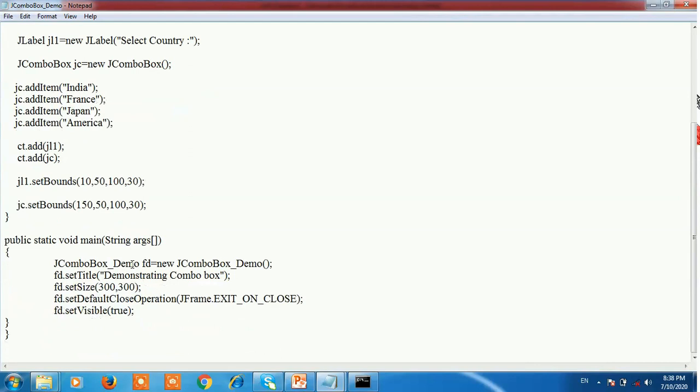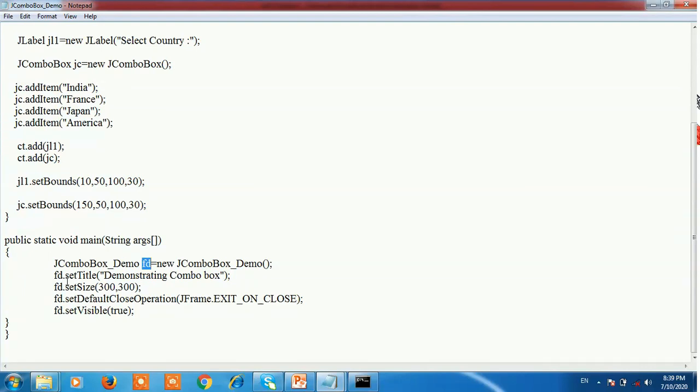Then in the main method, create an object of the class, because the class extends JFrame. So here create an object of the class JComboBoxDemo. The object is fd = new JComboBoxDemo. Then the setTitle method is used to set the title of the frame.